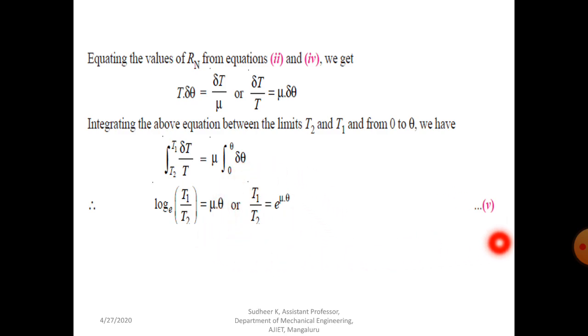So that is the final expression for flat belt drive, that is the ratio of tension T1 divided by T2 is equal to e to the power mu theta. So T1 is the tight side tension in Newton, T2 is the slack side tension in Newton, mu is the coefficient of friction, theta is the angle of contact between the pulley and belt. So this angle is always you have to represent in terms of radian, then only you have to substitute here.